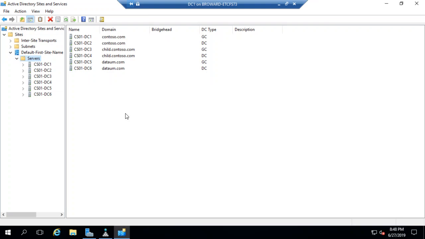So right now, I have the global catalog on DC1. And you can see that right here. I also have the infrastructure master on DC1. So what I want to do is move my infrastructure master off of DC1 and move it to DC2. So this I'm going to move to DC2. So I'm on DC1. Now listen,